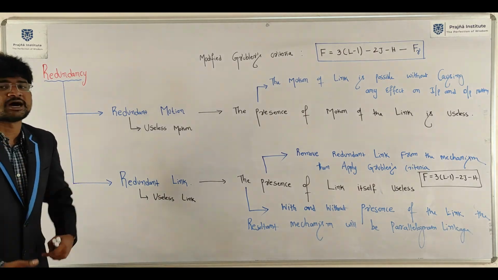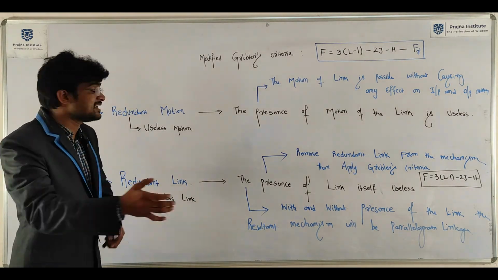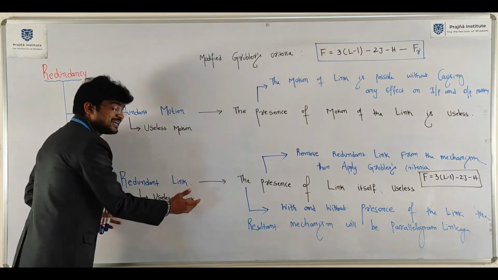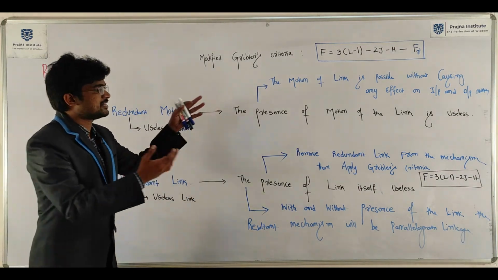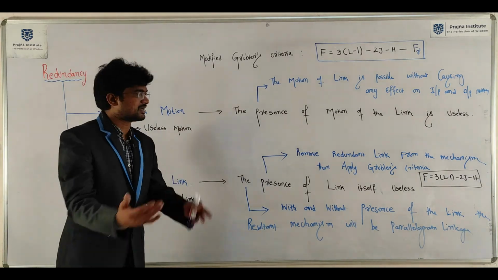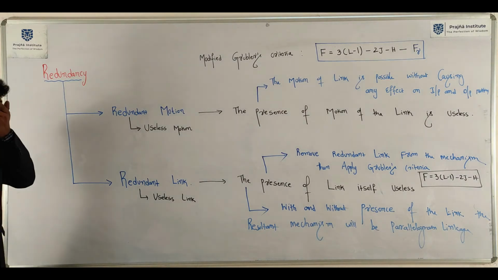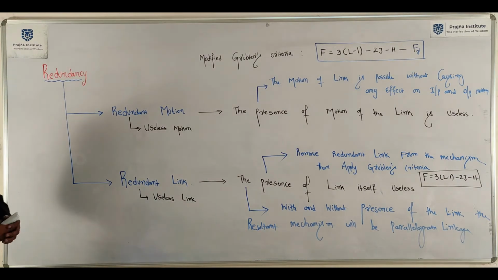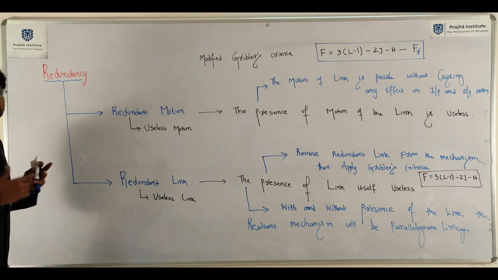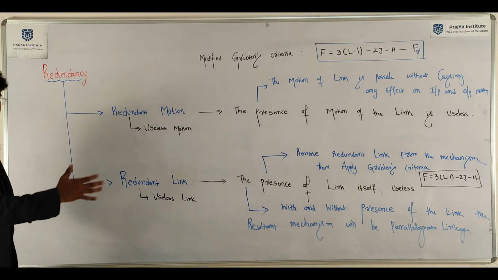Now we need to go through some examples. When will you see redundant motion? When will you see redundant link? And the procedure to determine degree of freedom of some set of mechanisms we can discuss. First, write down up to here. It is a very important topic. I think you need to understand the meaning. Then only you can handle these two topics. Otherwise, a lot of confusion here.